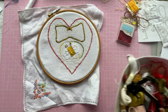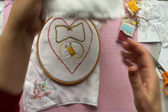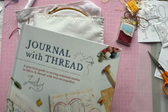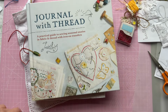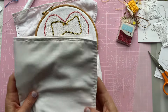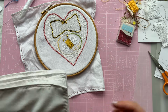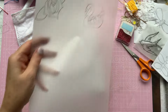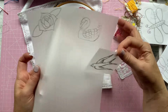Okay, so there are other motifs that need going onto the front page. On Jessie's piece, she has got a swan, a butterfly and a key. So I am going to do the swan, I'm going to do the butterfly, and, hang on, yes, I think, well, I don't know, because what I've done, yes, I think I am. I have drawn